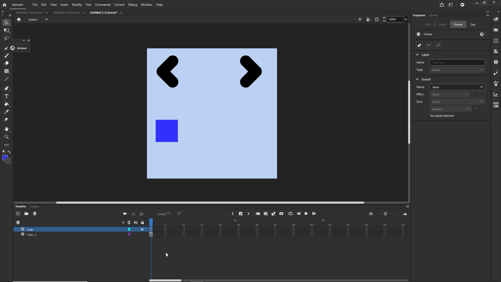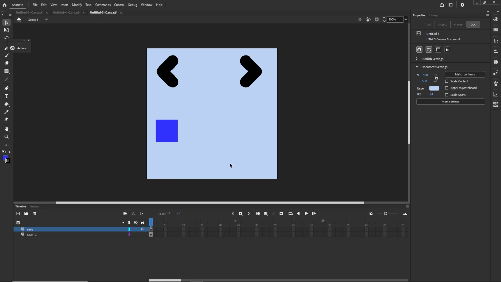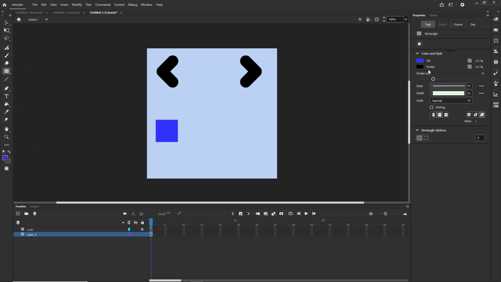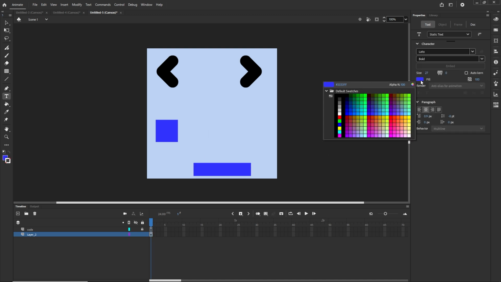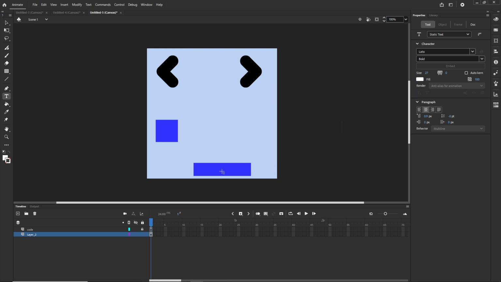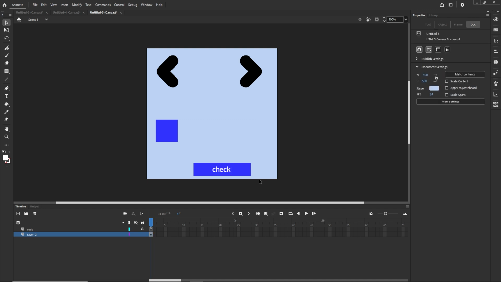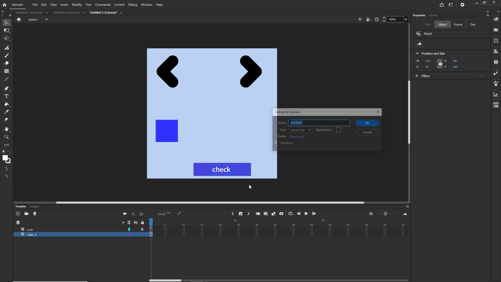So yeah, the same thing would be if, for example, I would create some kind of button. So I'm going to go in here and I'm going to get a rectangle tool. The color really doesn't matter, but I will get rid of the stroke, and I'm just going to create a button, and I'm going to get some text, and this text is going to be like check position, but I'm just going to type check, and I'm going to convert this to the symbol. So I'm going to select this, I will go with F8,